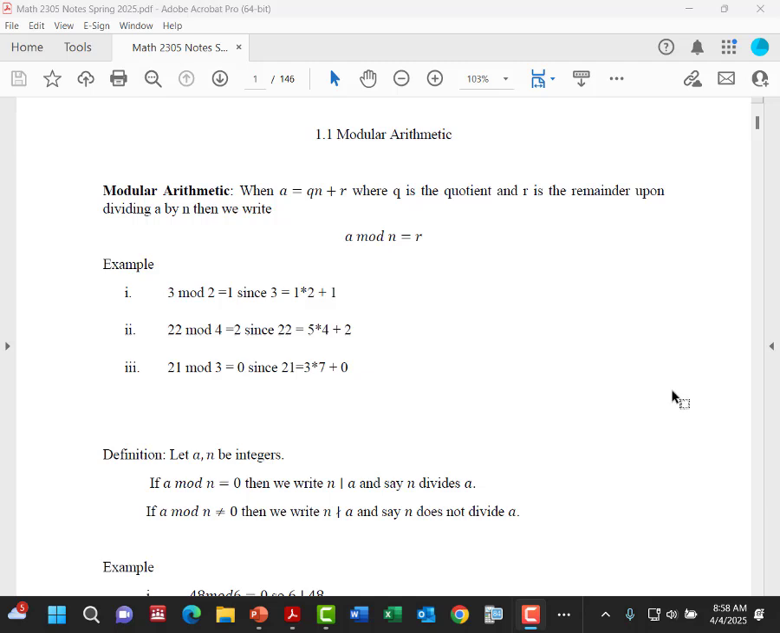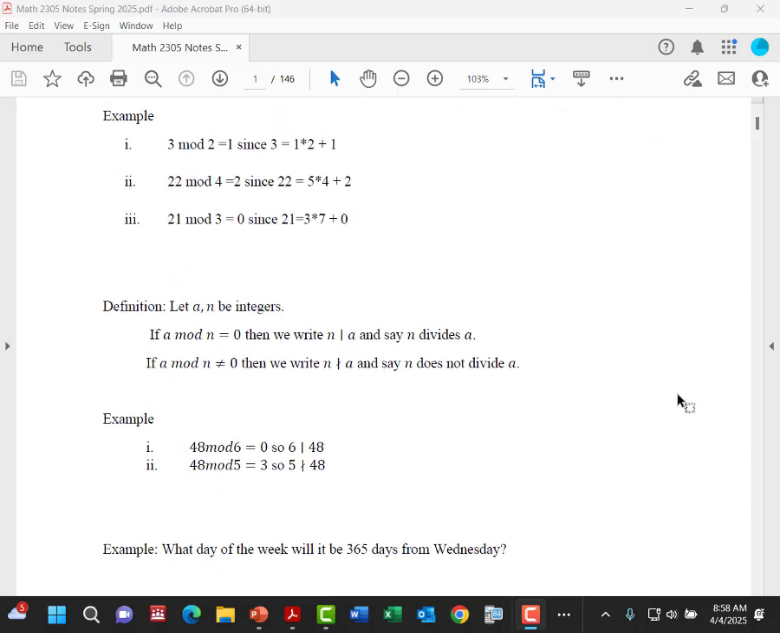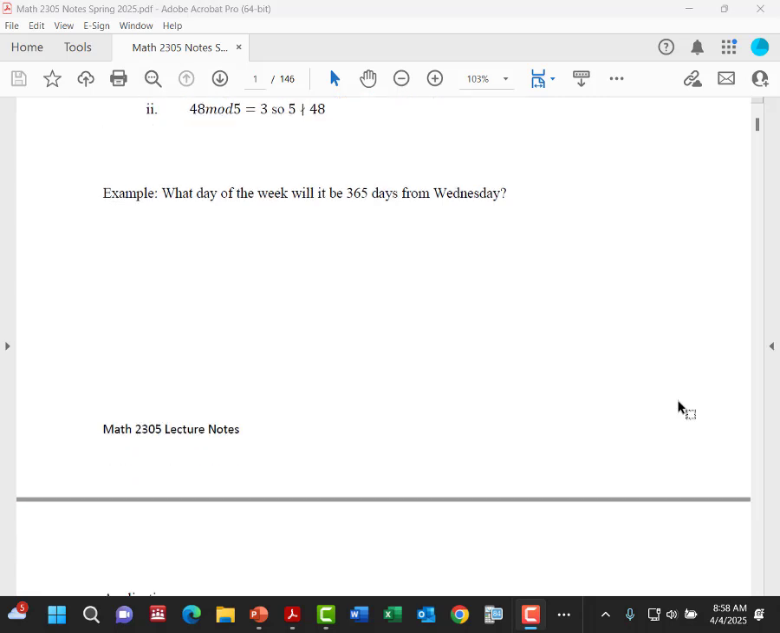Okay, let's take a look at a few examples in this first section concerning modular arithmetic. So this first example asks, what day of the week will it be 365 days from Wednesday? Since there are 7 days in a week, we would simply approach this as 365 mod 7